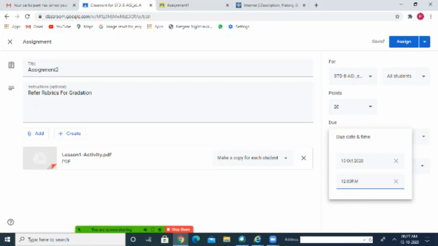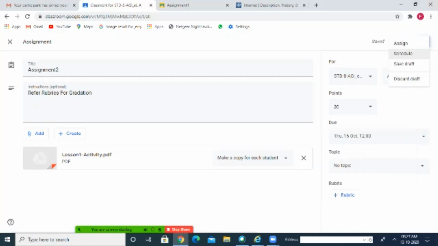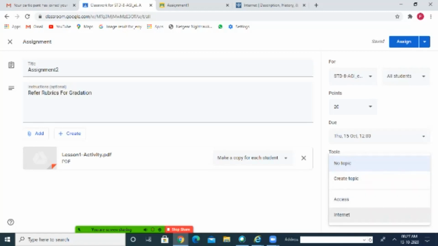Okay. So from here also you can schedule it. If you click on schedule, you can give the date and time. At that date and time only, this assignment will be available to the students. But I am not using the schedule option because I want to show it to the students now. But after 10 minutes, 20 minutes like that, you can give and you can practice also. Okay. So here I am selecting a topic for this assignment. Under which topic I want to give it, under Access, for example.